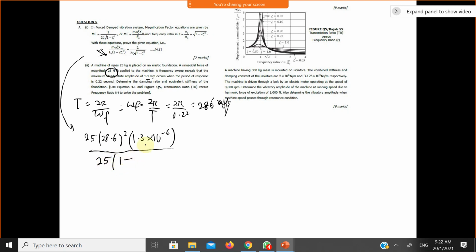1 minus 2 zeta squared equals 1 over 2 zeta 1 minus zeta squared. That is our equation. Then you can simplify this. You will get the formula, or simplify it again, and we will get